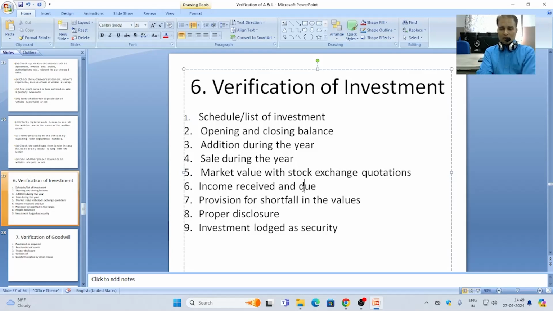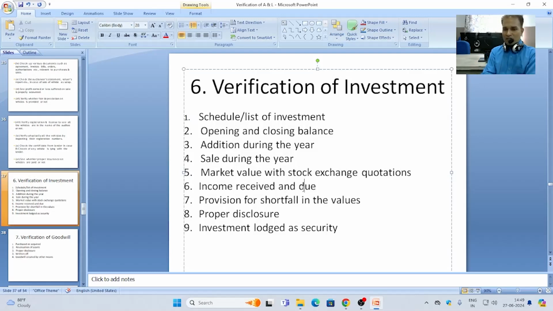The auditor is also required to check that on the investment purchased by the client, all the income has been received on time. If there is any error, then it will be separately noted and the reasons for it should also be identified.